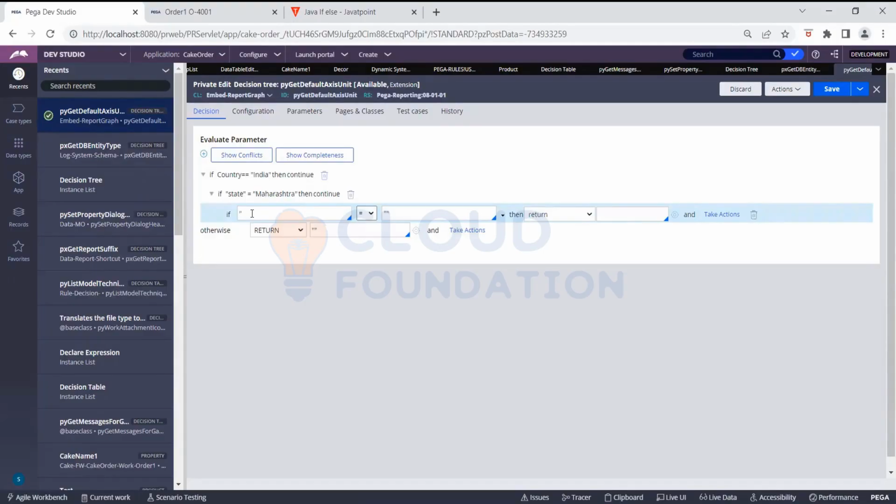Pin code, you can write on this side. Actually, quotations are not required on the left side because those are our properties. 5001, something. Instead of continue, you can